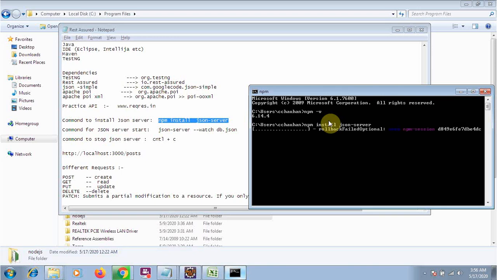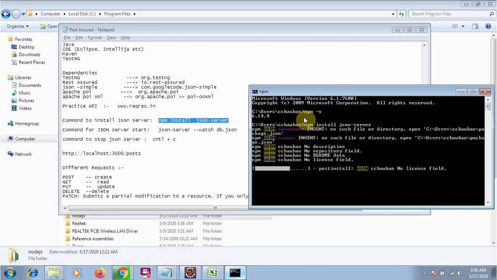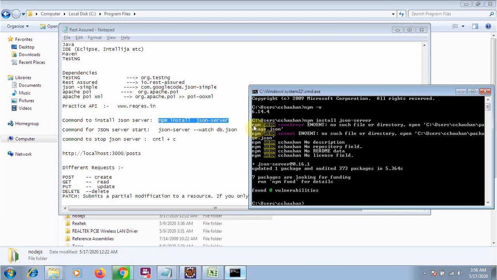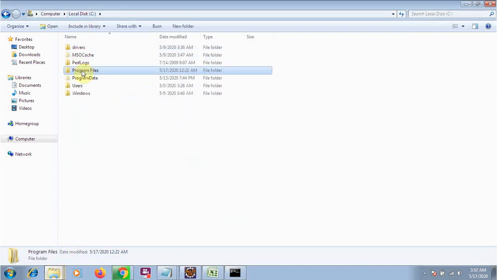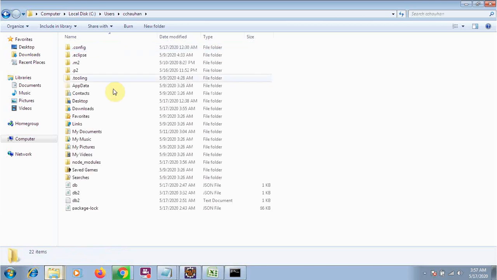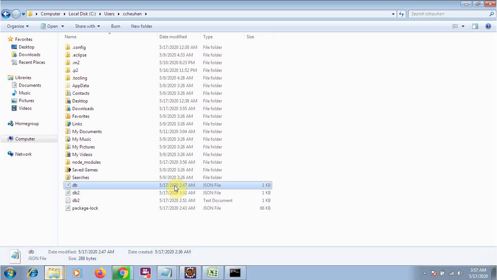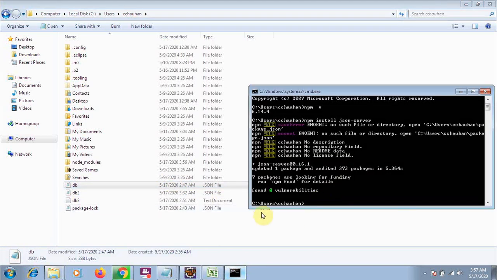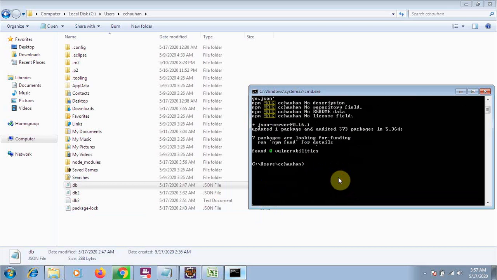It will take a little time, and one file will be generated at the location where you have run your command, like C:\Users\Chauhan. If you go to this location, one file will be generated, like db. Now you have installed the JSON server.